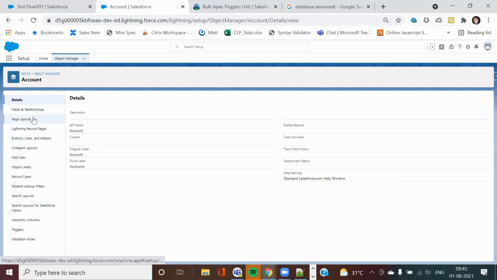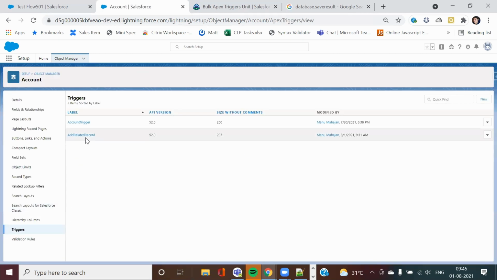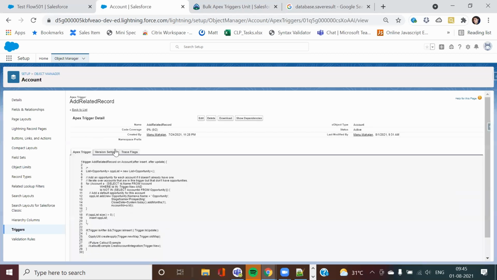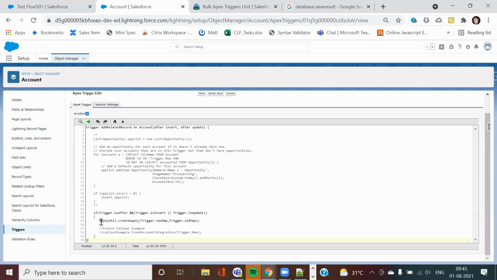So now what I will do is comment that opportunity code, just for reference here. For timing, I will comment this code. So now if you see, this is my future example. I generally wanted to do this on insert. If you want, I can remove the update part here also, but for timing, let us ignore this. Now here, this is another class, CalloutExample.createAccount.